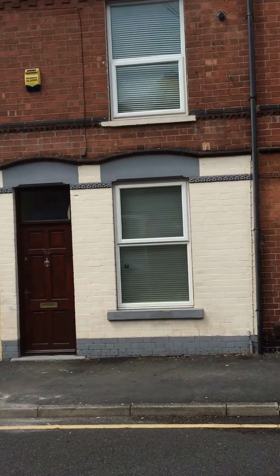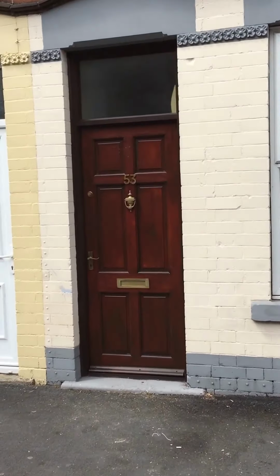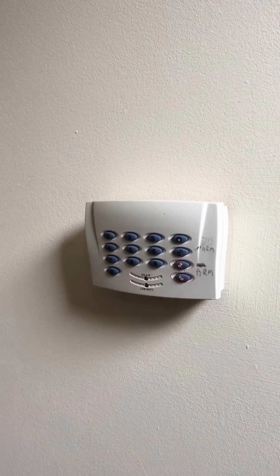This is the property 53 Croydon Road, Nottingham. This is the front view of the house. Walking across the street to the front door. We enter the front door into the entrance hall, where we have the controls for the intruder alarm,